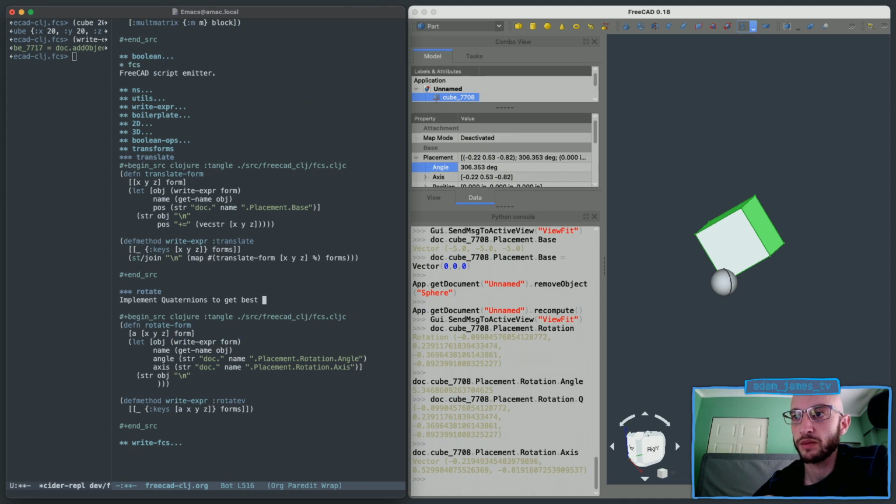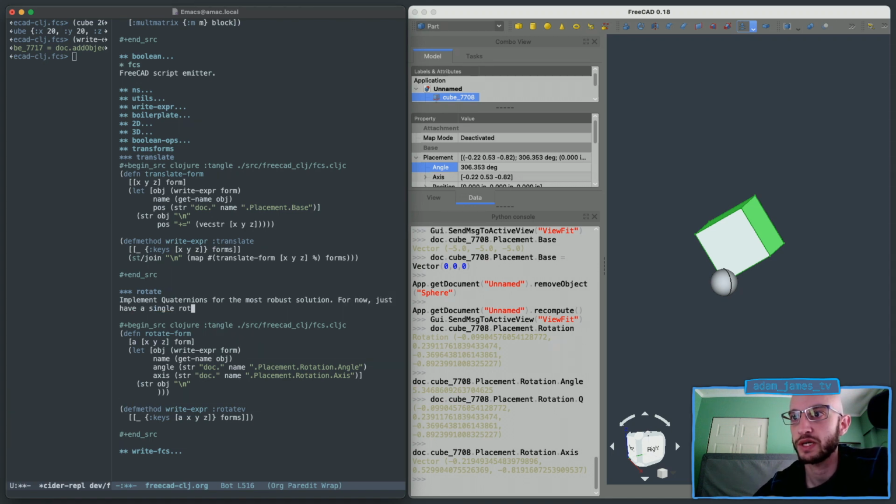Implement quaternions for the most robust solution. For now, just have a single rotation. So for prototyping purposes, I won't worry too much about that. So I actually can make this much easier by doing